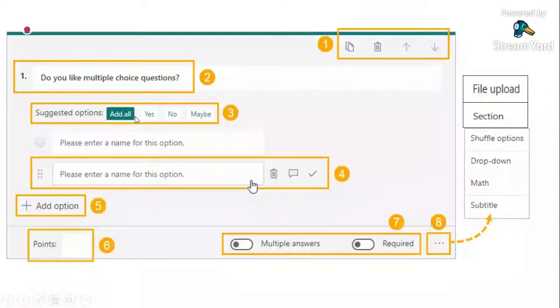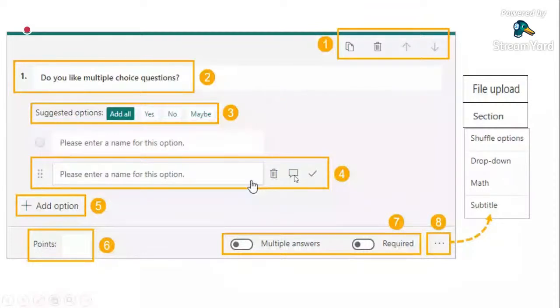For number four, for the multiple choices, you can delete choices. If you don't like a particular option, click this one to delete it. If you want to give feedback or a comment for that particular option, you can do it by clicking this one.